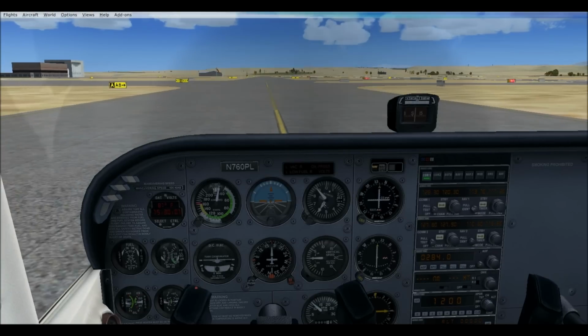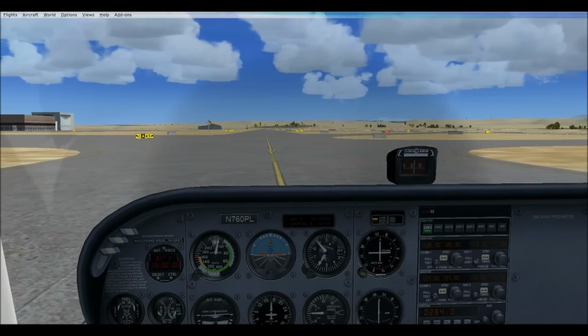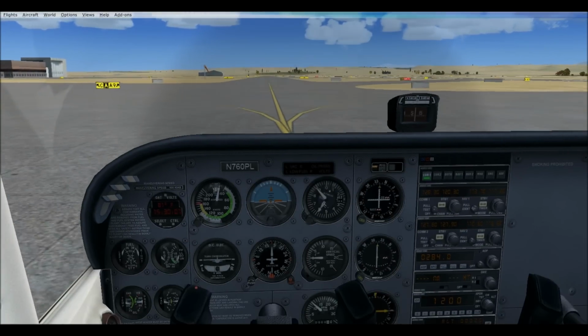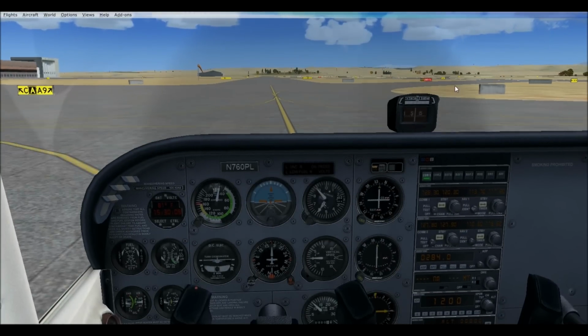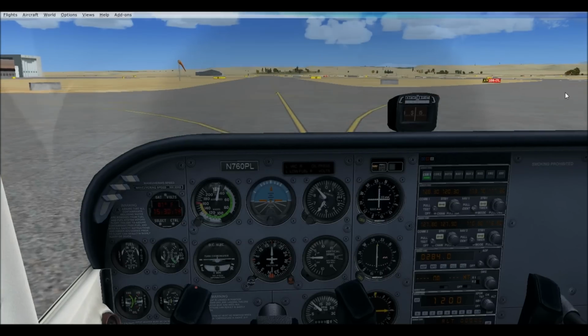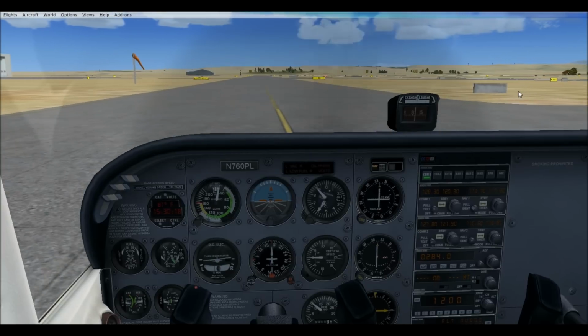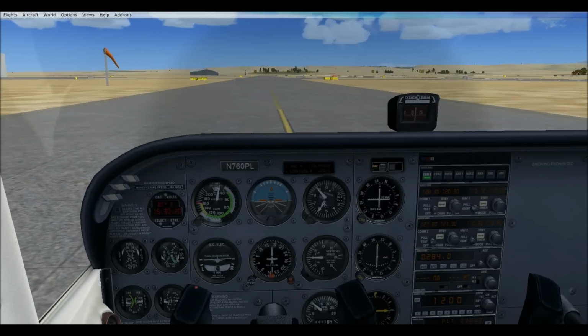Right now we have right of way over all traffic because there is no traffic right now. But say someone's coming out right here, and they needed more room to get off the threshold line, you would give them the right of way because they need to get off the runway. The next guy on approach or